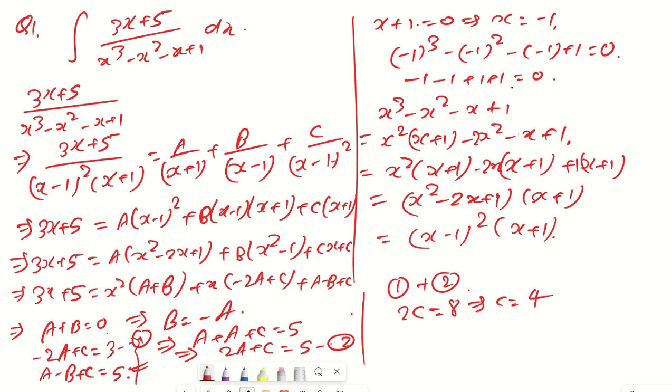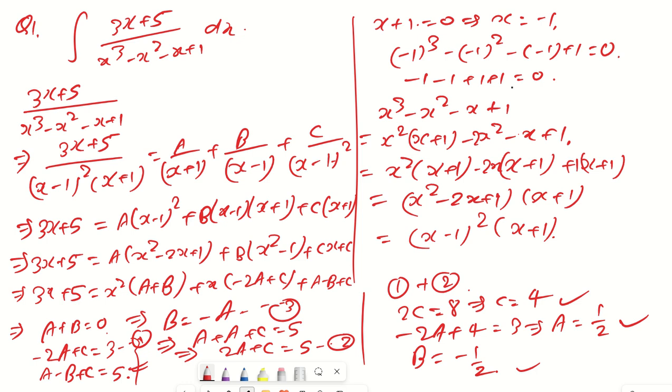And from here we are going to get a equal to how much? So equation number 1, minus 2a plus c, that is 4, is equal to 3. So from here a will come up as 3 minus 4, that is minus 1 by minus 2, that is 1 by 2. And from this equation, let us say this is equation number 3, so from 3 my b will be minus a, that is minus 1 by 2. So we have a, b and c. Just check these particular values